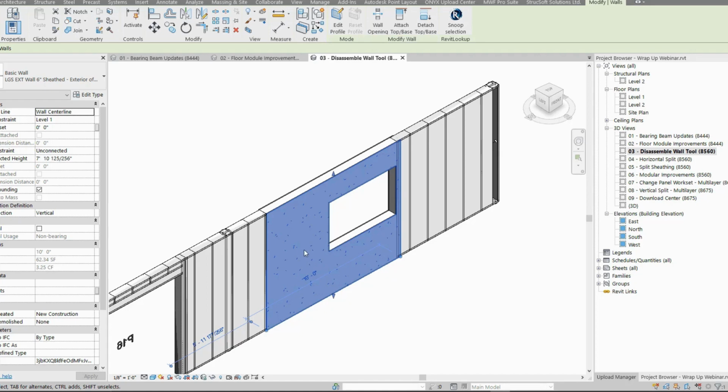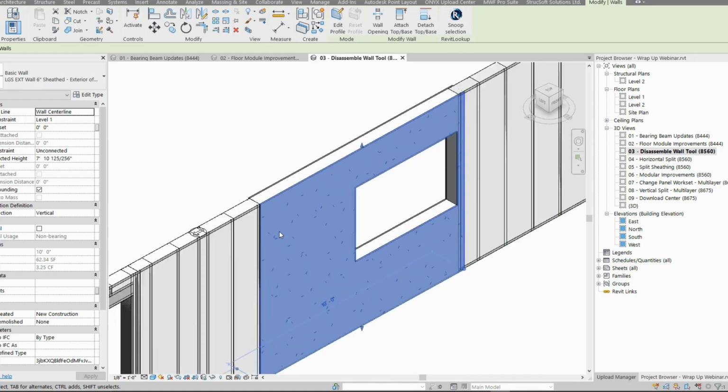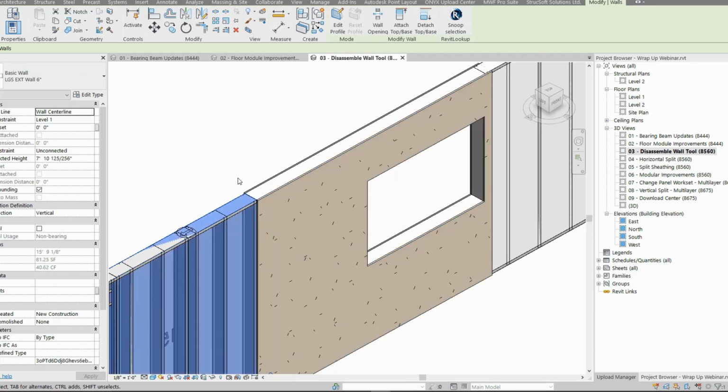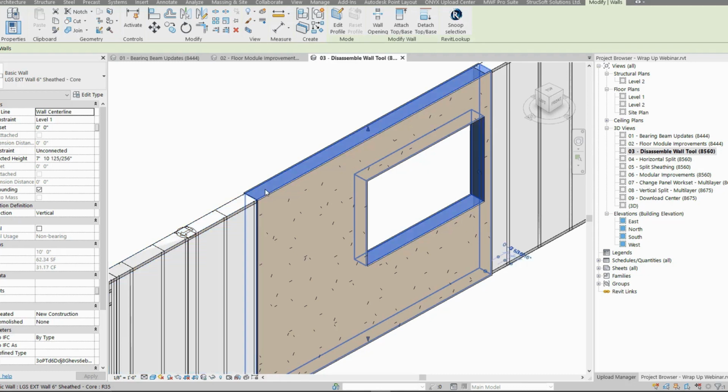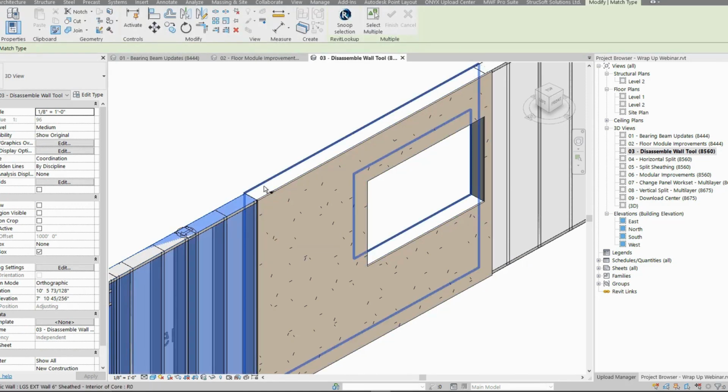One of the great things about this tool is now that we've disassembled the wall, we can now modify the structural layer independent of those sheathing layers. So what I can do is I can match my wall types. So for the walls that are either side of the disassembled wall, I can now match the structural layer to the walls either side. So I'm going to use my match properties tool from Revit and just match the wall